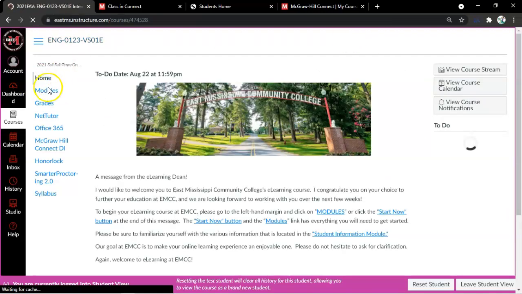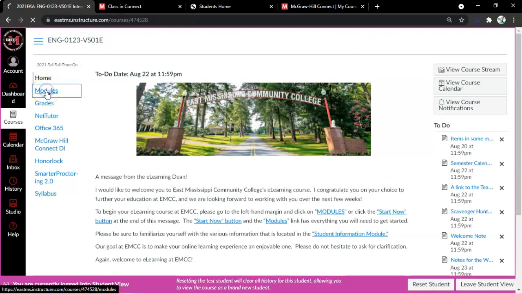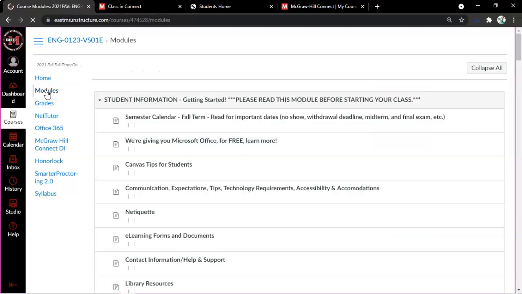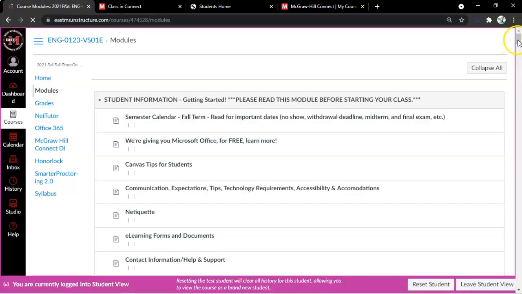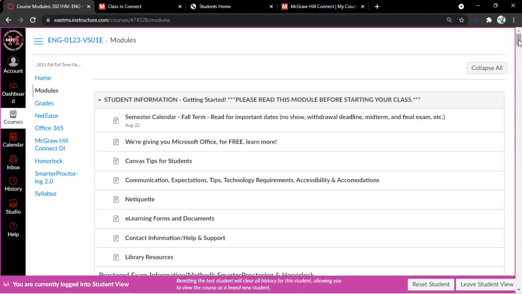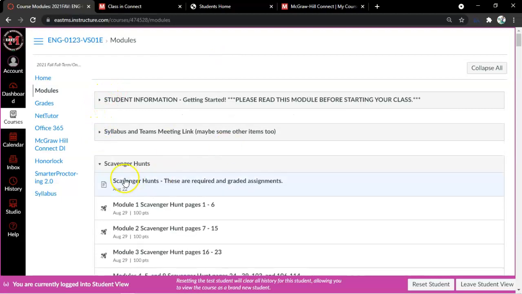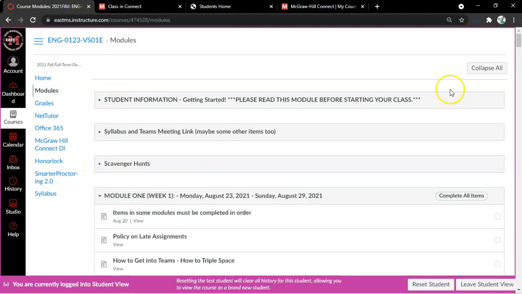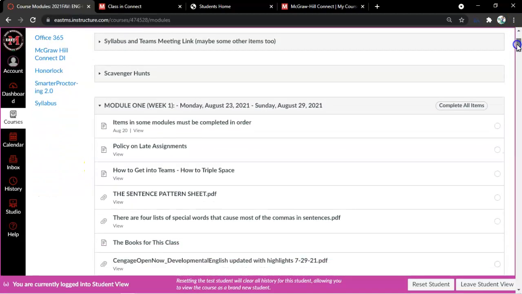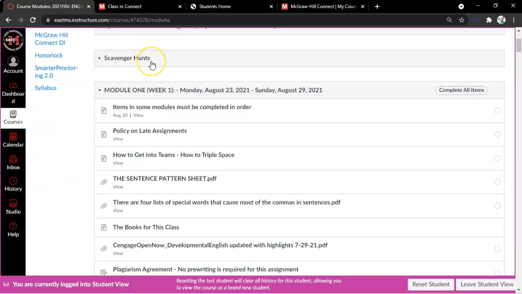On to the next thing. I keep clicking home. Really need to be in the modules. And then you can collapse these menus when you don't need them, so that you don't have everything in the world open. All right, so you got some assignments doing scavenger hunts on the first week, but then you also